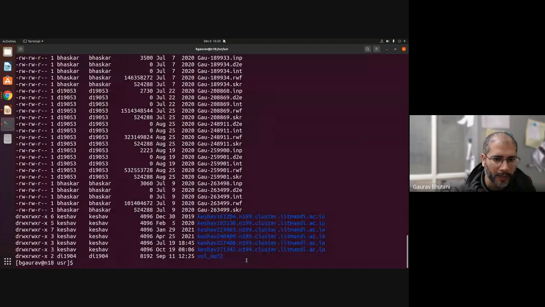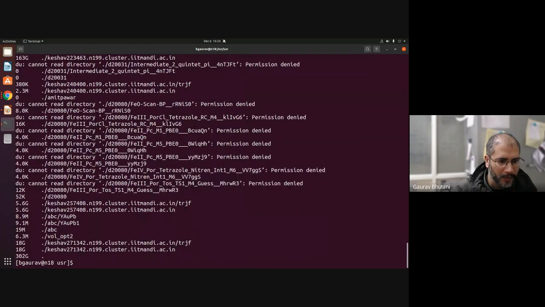Okay? Which is fine. I mean, I'm not blaming these people for not copying their files, but ultimately what will happen is that this hard drive will get full. So if I do a du -h, then it probably will tell us that 302 gigabytes is being used in this hard drive currently because of scratch. So I can safely delete these files. Well, I can't do it because